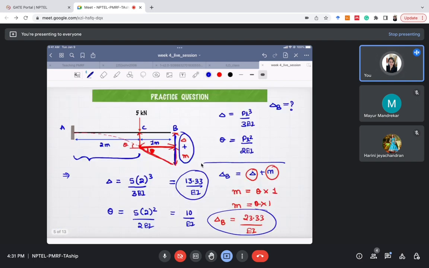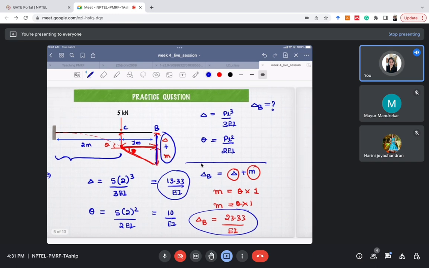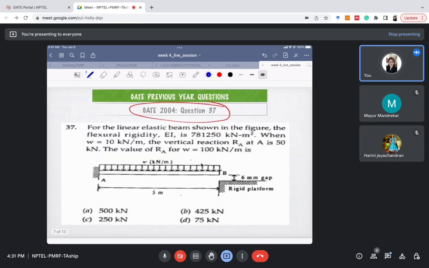So before this practice problem, let us take a GATE question. That will be more interesting. This is a very interesting problem. For this linearly elastic beam shown in the figure, the flexural rigidity EI is given to us. When W is equal to 10 kilonewton per meter, the vertical reaction RA is